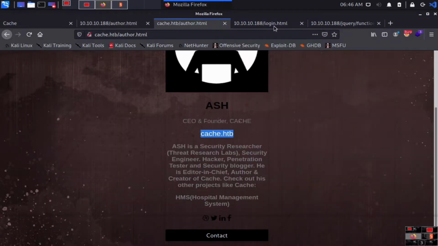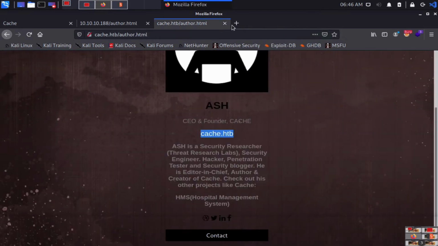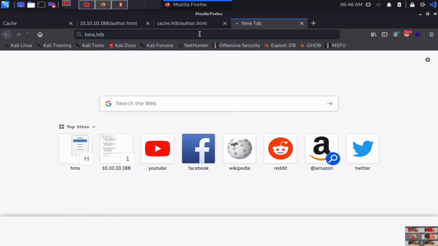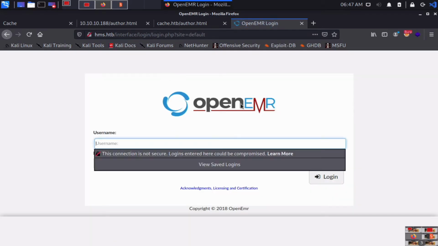So when you try to open it, let's see how it looks. Again, you have to make an entry inside the hosts file. So, for example, we have hms.htb, it looks exactly like this, and you can try to read the source code, and here we'll see it called OpenEMR.